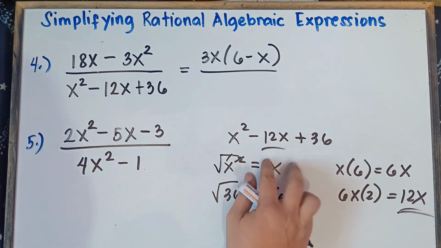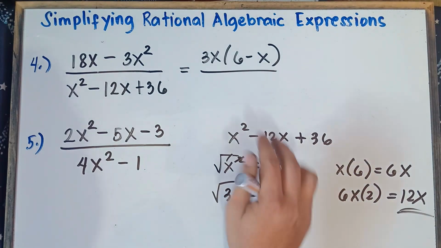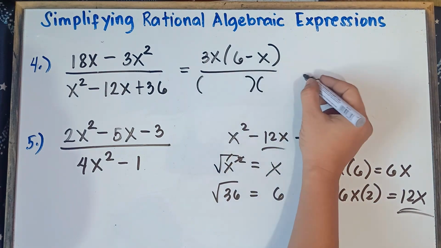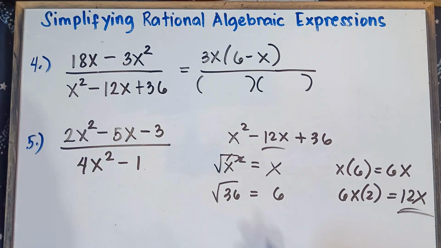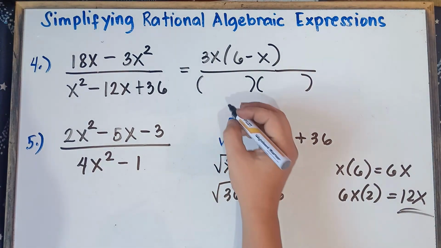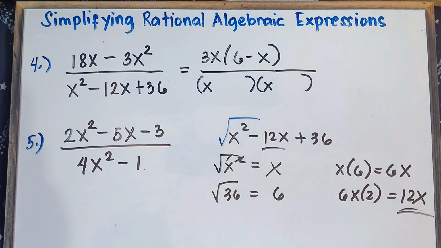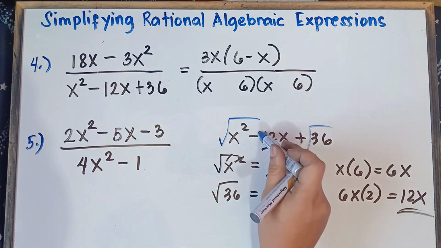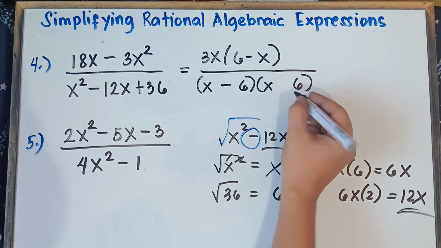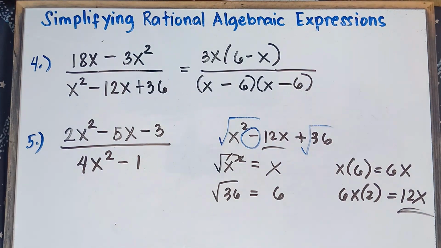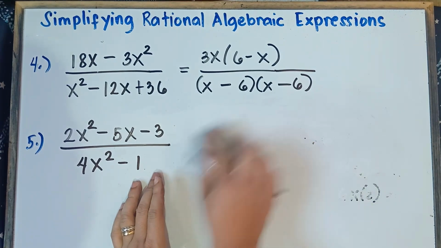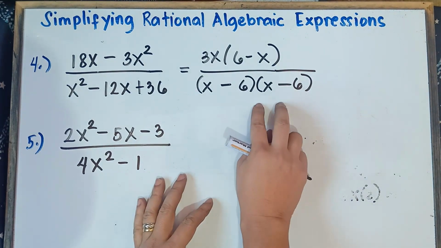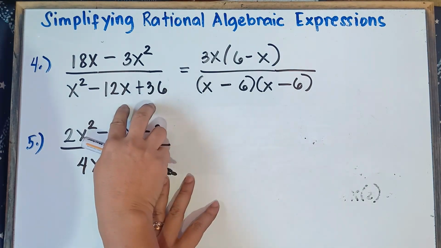Now, if this is a perfect square trinomial, it's easy for us, class, to factor this out. To factor this out, simply put 2 parentheses. Get the square root of the first term, the square root of x squared, that would be x. Put x in each parenthesis. Get the square root of the last term, the square root of 36, that would be 6, in each parenthesis. Simply copy the sign of the middle term, so this is a minus sign in each. That's it, class. Even if you apply the FOIL method, multiplying this out, I'm sure you will get this answer.